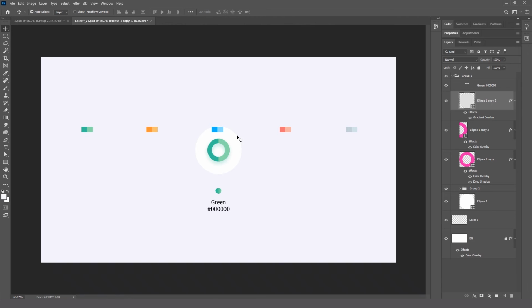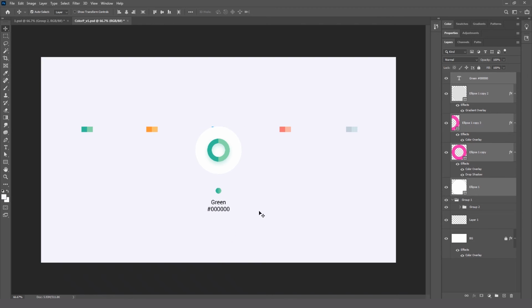Now for creating the remaining palette, we just want to make this as one group and copy that into another area. So I'm going to copy this entire part and make one group for it.